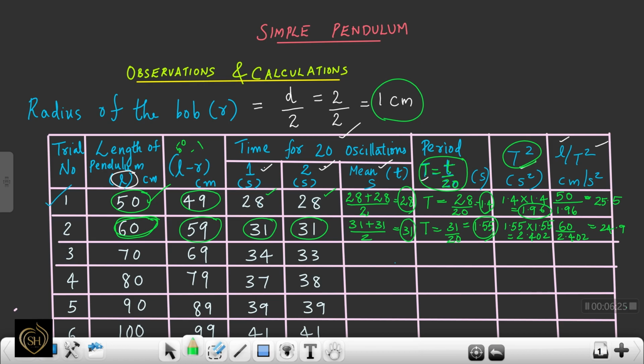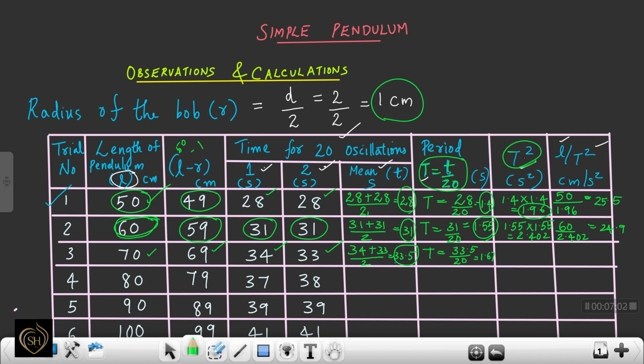Trial number 3, length of the pendulum is 70. L minus R 69. Trial number 1, 34. Trial number 2, 33. Therefore, mean value 34 plus 33 divided by 2. Answer is 33.5. Then period capital T is equal to, what is the equation? Small t by 20. Value of small t is 33.5. 33.5 divided by 20. Find the value. 33.5 divided by 20 is